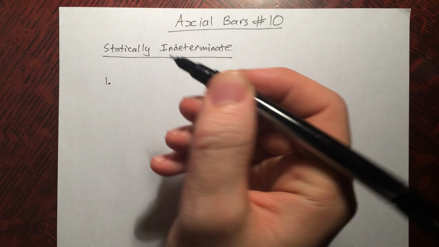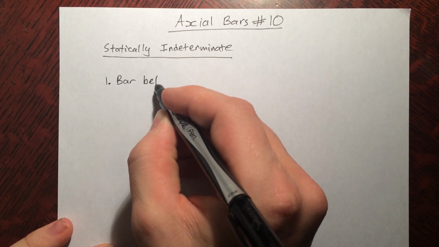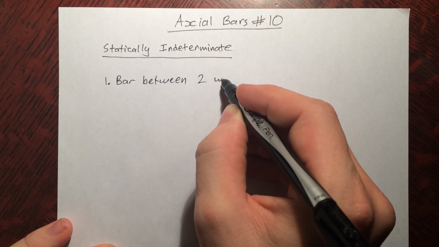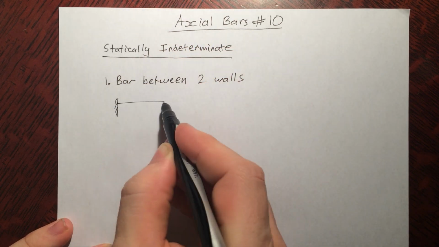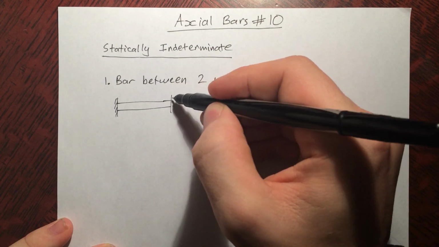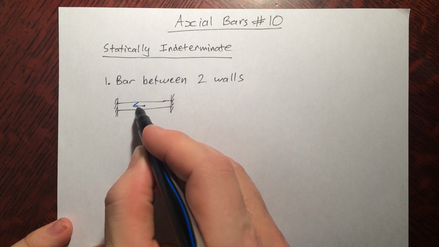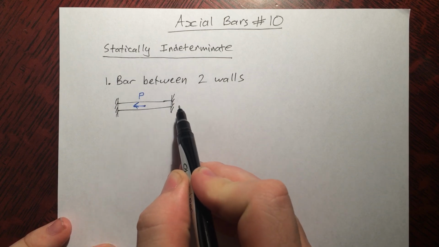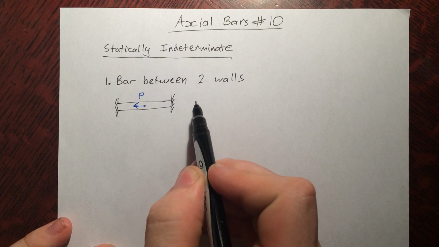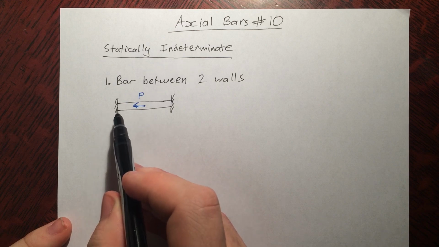So the first one that I think of, and is also the most common, I call a bar between two walls. And that essentially looks like this. You have a wall, a bar, another wall. And then supposedly you'd have a force there, P. Now in this situation you can imagine we're going to have a reaction here and a reaction here. So when we do equilibrium of the overall thing, we're going to have P and then R_A and